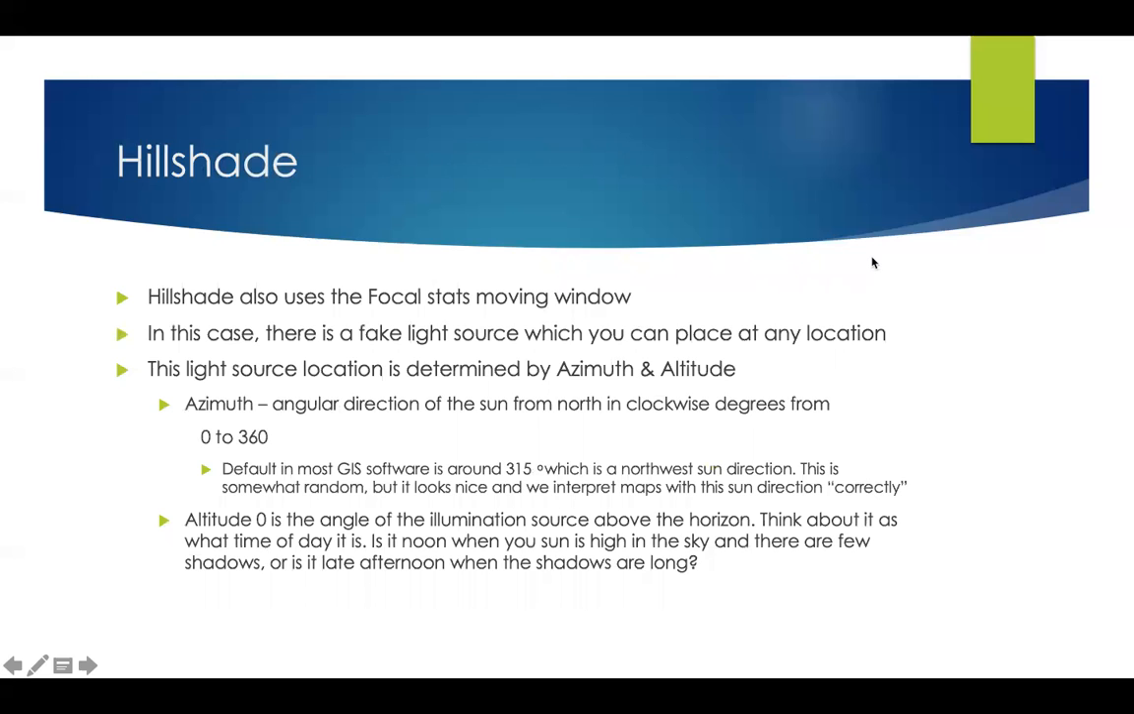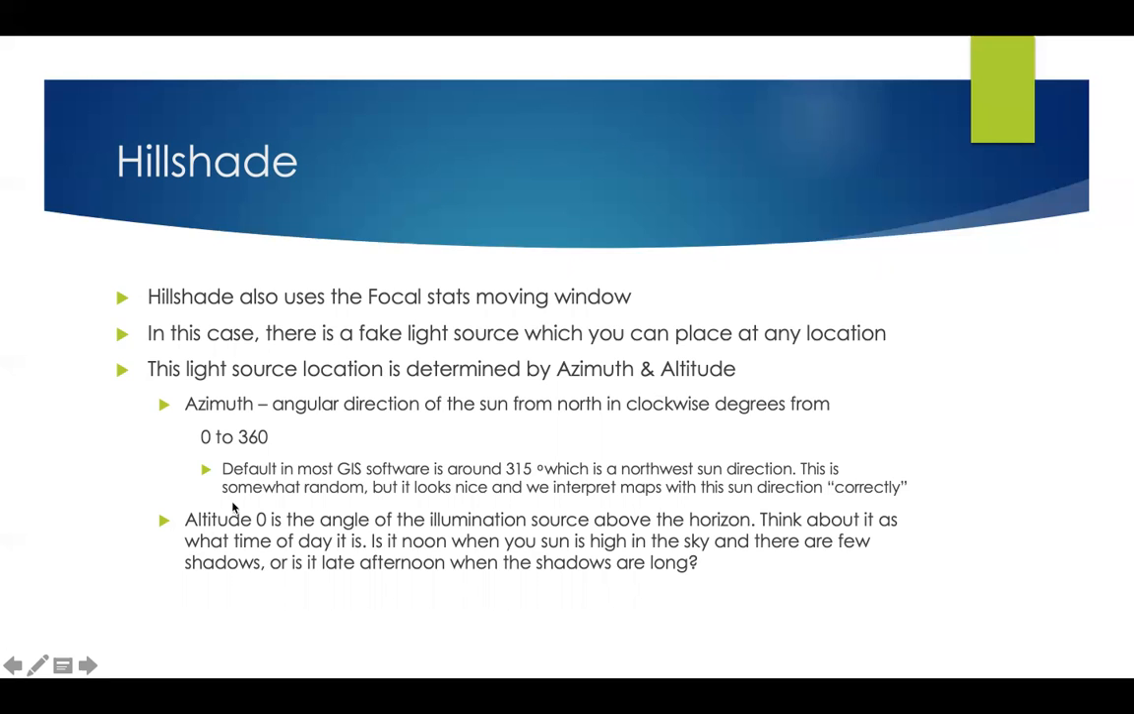Next up is Hillshade. Hillshade is somewhat complicated to understand until you see it, but it also uses focal statistics. In this case, there's a fake light source which you can place at any location. This light source is determined by the azimuth. That's the angular direction of the sun from north clockwise. So if you're going around in a circle,